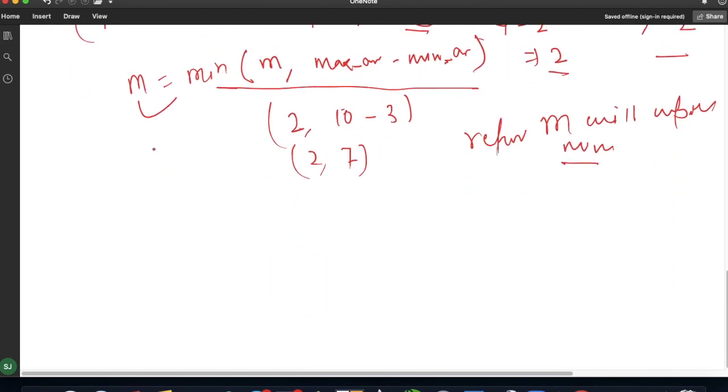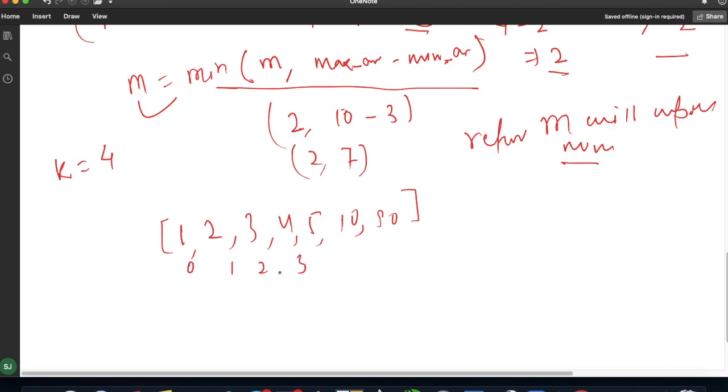Suppose this is my array: 1, 2, 3, 4, 5, 10, 90, and my k is equal to 4. My indexing is from 0, 1, 2, 3, correct?